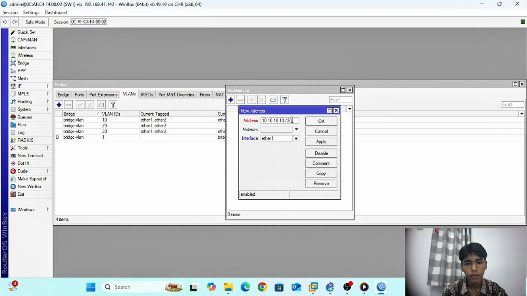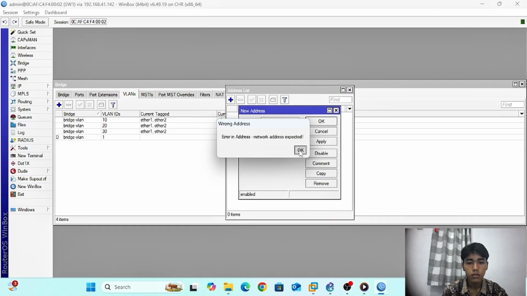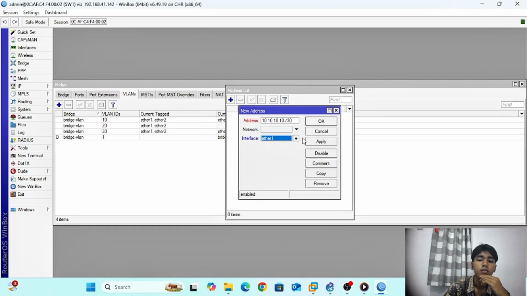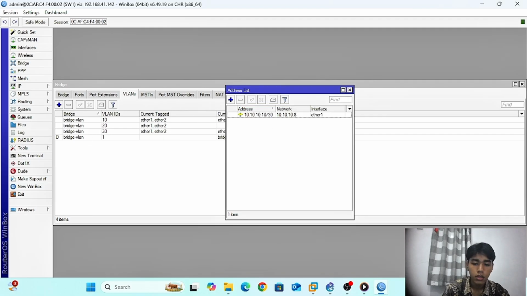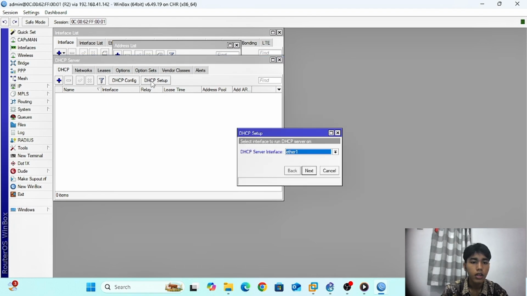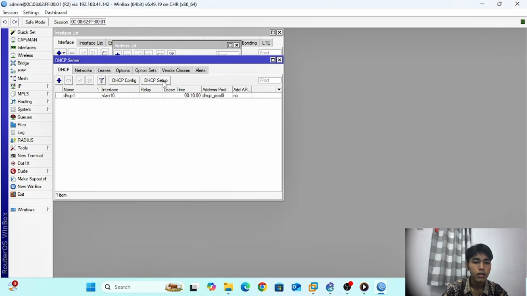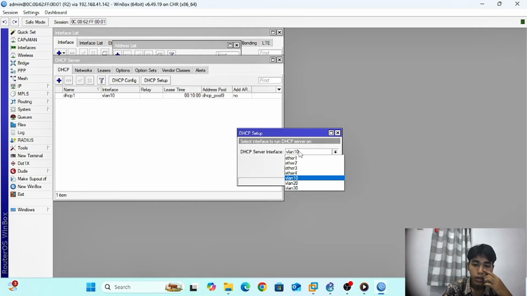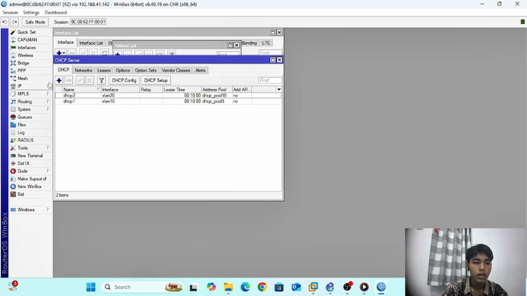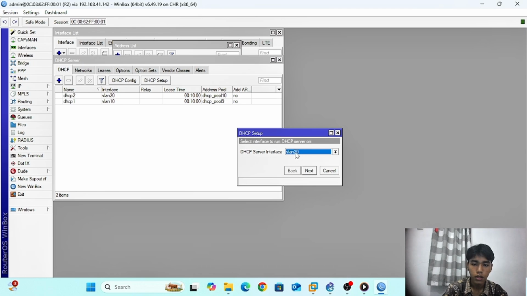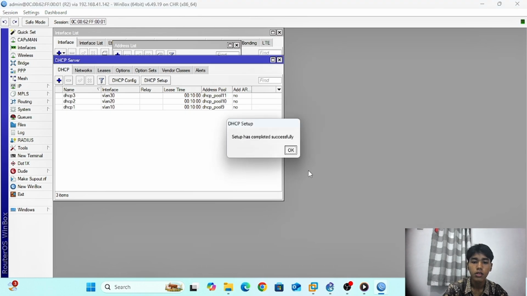On router one, create DHCP server, DHCP setup at the interface VLAN 10. Next, DHCP setup again for the interface VLAN 10, and create DHCP server for the new VLAN 13, success.